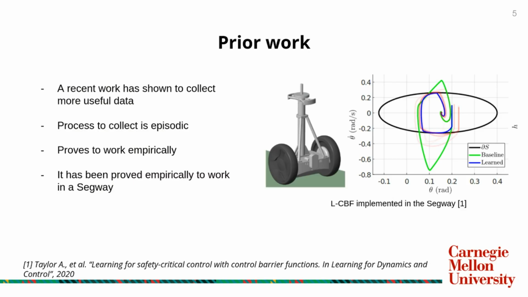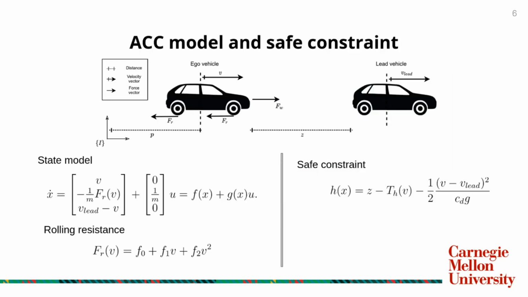In our prior work, a solution is proposed: a learning approach that collects data episodically, such that it improves the CBF controller each time more. So inspired by this work, we propose a similar approach to solve the problem of model uncertainty in the ACC problem. First we define the ACC model, the one expressed in the slide below,